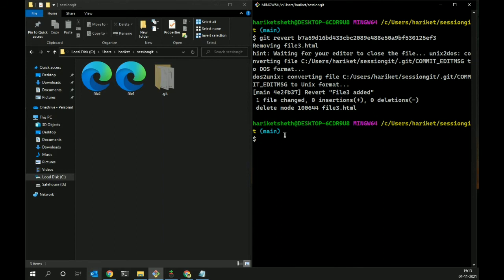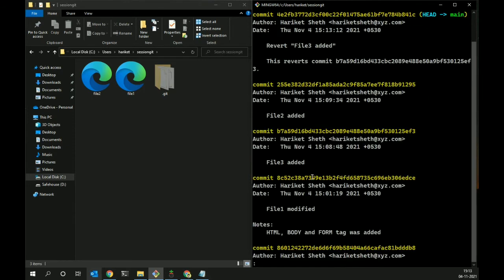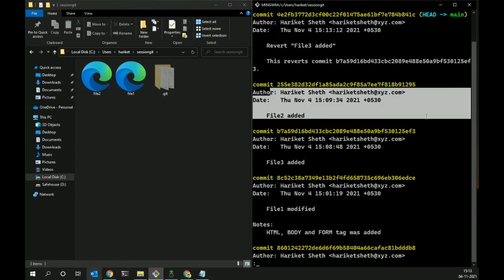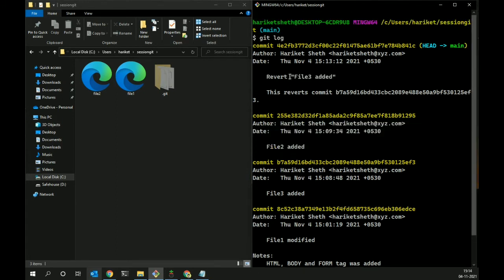And as you know, what was the flow of our working directory? We added file 2 after file 3. So file 2 is perfectly there, but file 3 was removed from between. If you see git log, file 3 added, we know that. File 2 added, what happened after that? It reverted file 3. It reverted this particular commit whose message was file 3 added, and reverting means undid that, and undoing means that it deleted it only from that directory.